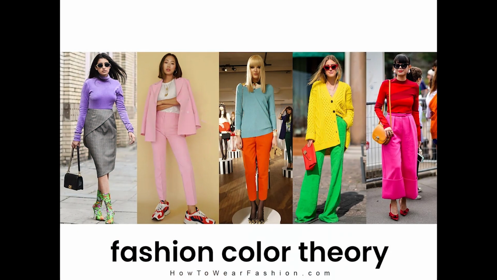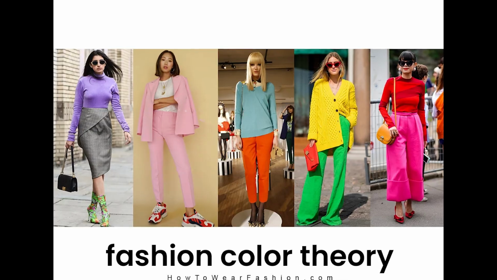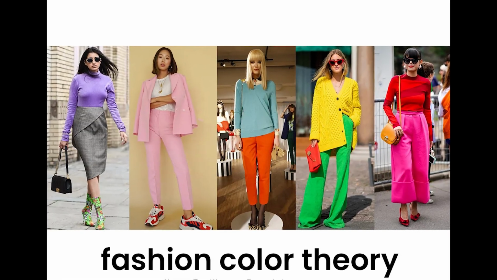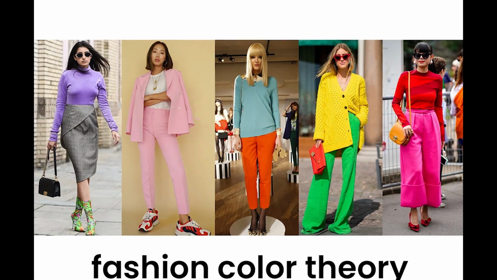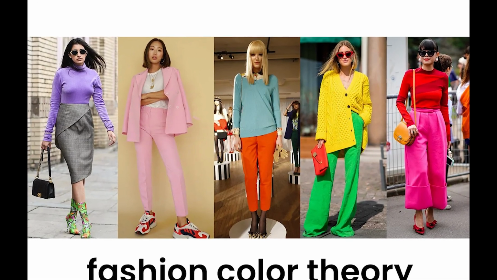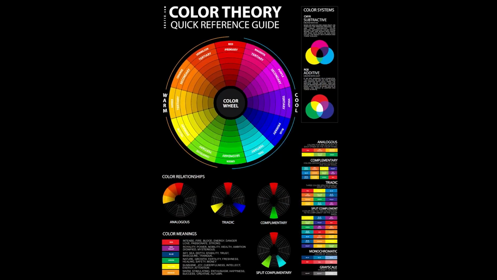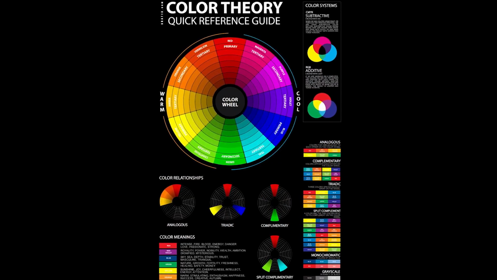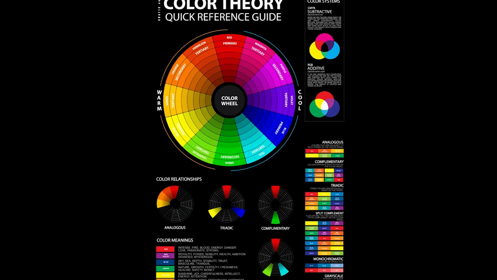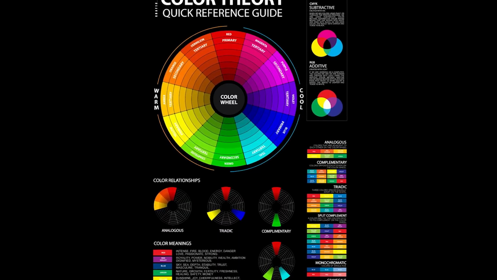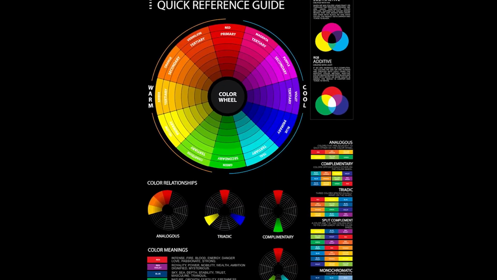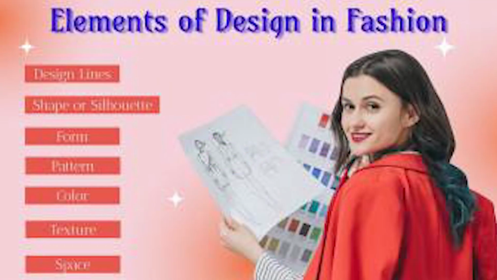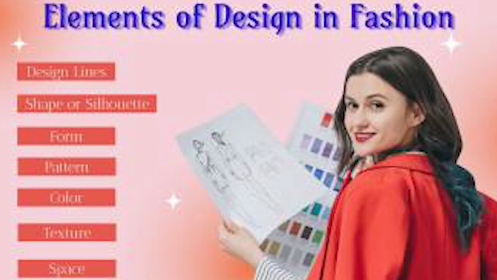Color theory also delves into the psychological effects of colors. Warm colors such as red, orange, and yellow are often associated with energy, warmth, and excitement. Cool colors like blue, green, and purple evoke calmness, relaxation, and serenity. Neutral colors such as black, white, gray, and beige serve as grounding elements, balancing more intense hues. Designers use these associations deliberately. A red dress might convey passion or confidence, while a soft blue blouse might suggest tranquility and elegance. In interior design, warm tones can make a space feel cozy, while cool tones can create a more open and